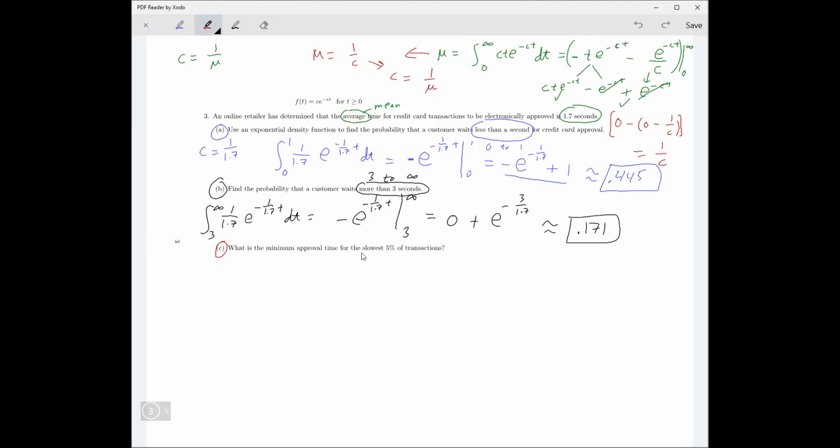Okay, so slowest means larger times. Means more time. Okay. So if you let t be that minimum, then what it's saying is if you integrate from t to infinity, so the slower means larger times, from t to infinity of